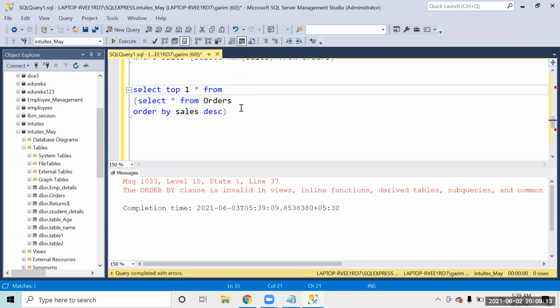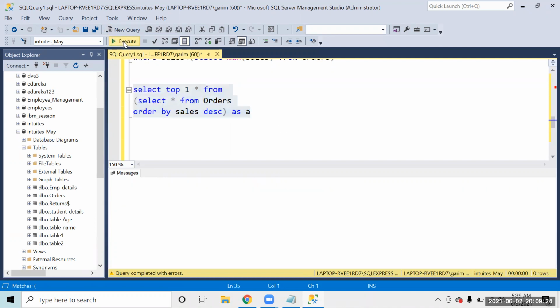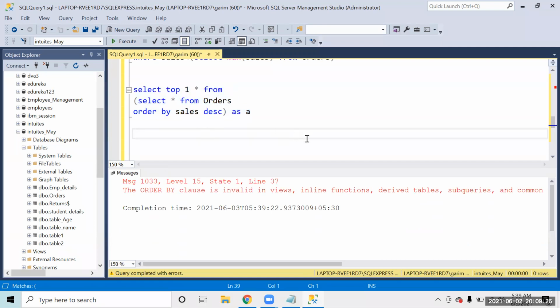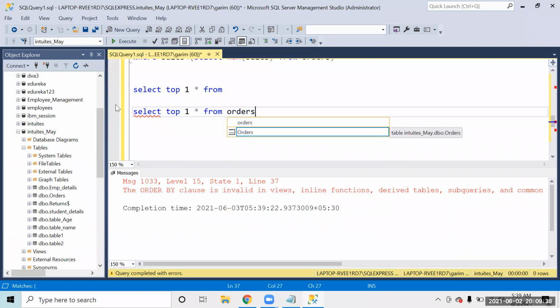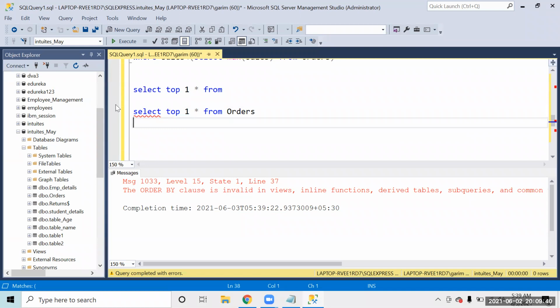Oh, okay, we can't use this outer clause in this, right? So I'll just have to select top one star from orders.